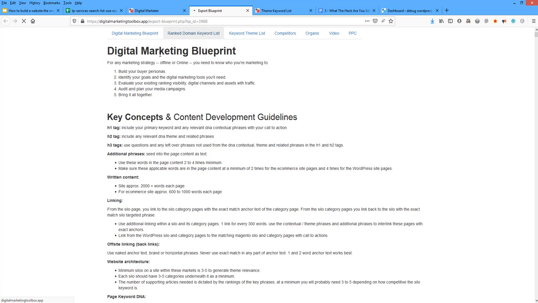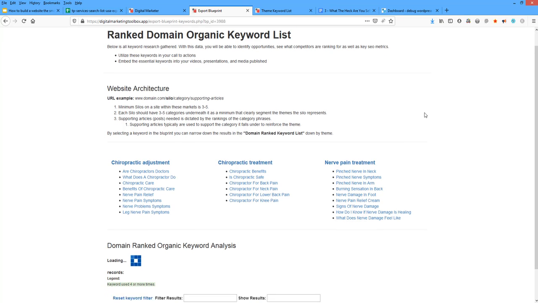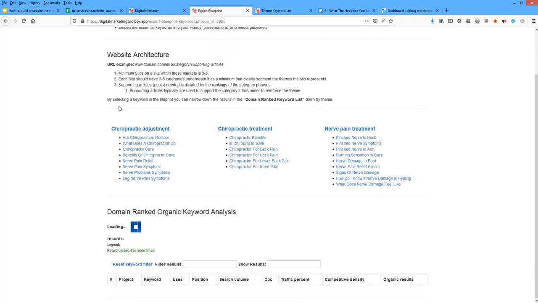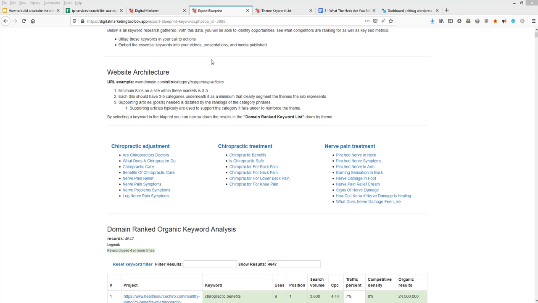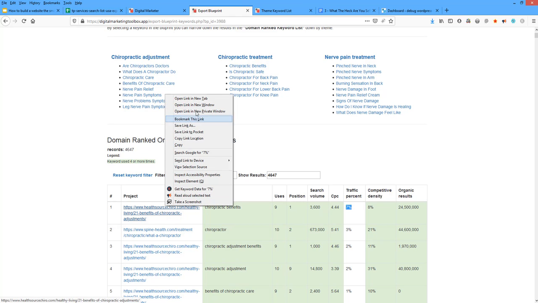If we've added our competitors, we'll be able to see all the ranked domain keywords that have come back. So while this is loading, if you click on any of these keywords, it will filter by that keyword and show you the specific theme related topics for that. Okay, so the keywords have loaded up. Here's all our keywords. There's the page. There's the keyword. There's the search volume. That page gives them 7%. So if we take this now and we open this up,